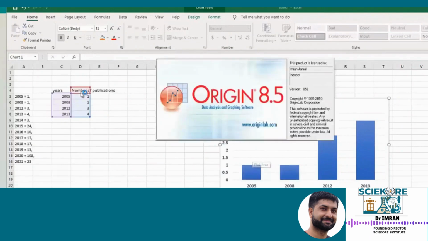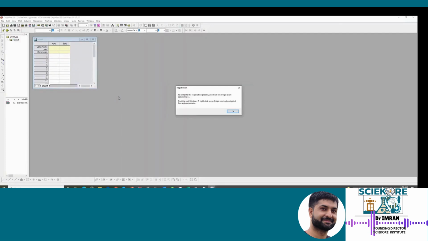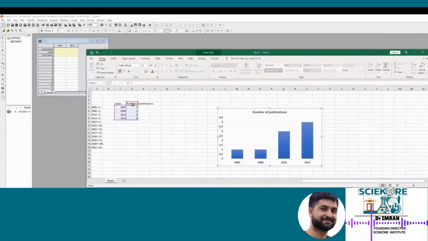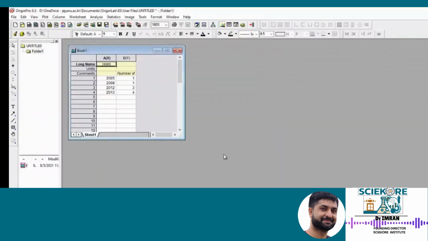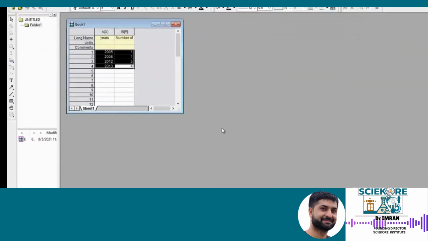Now let's take a look at Origin Pro. I have version 8.5 installed, and you can use your installed one. For ease, let's copy the data from the Excel example. Just adjust the column here. You start by selecting the data you want to include in the chart. You can go to the graphs menu and select bar chart or create a bar chart from the bottom of